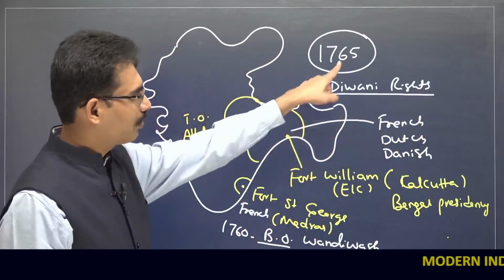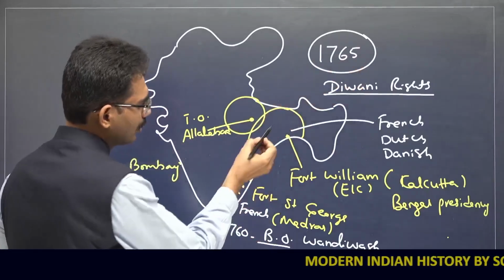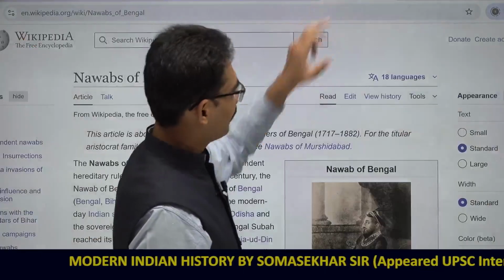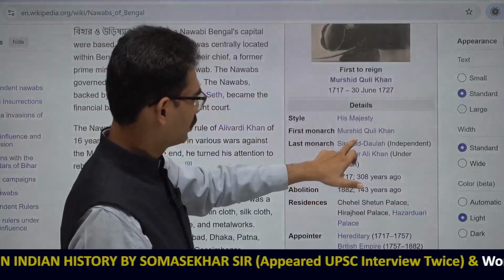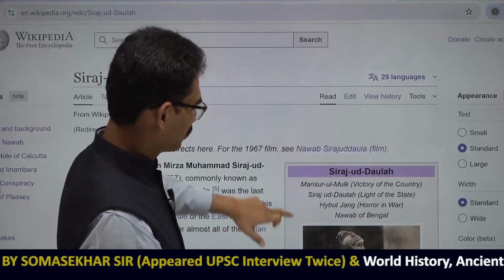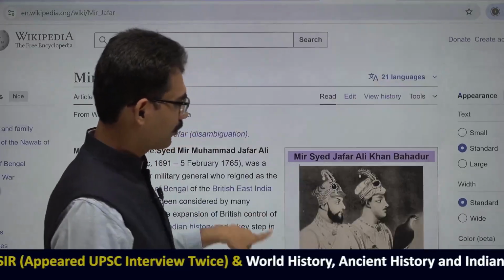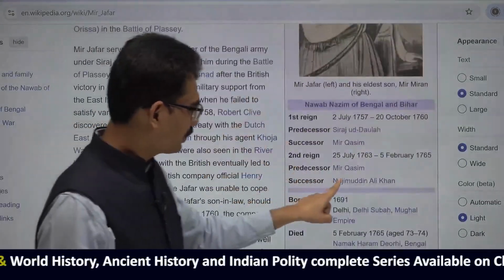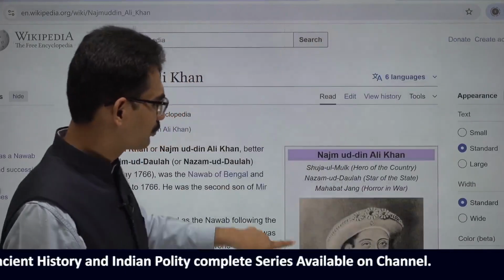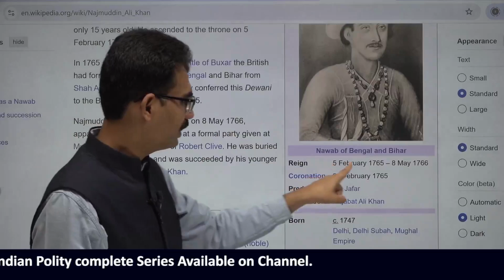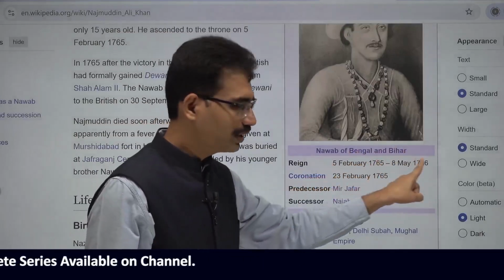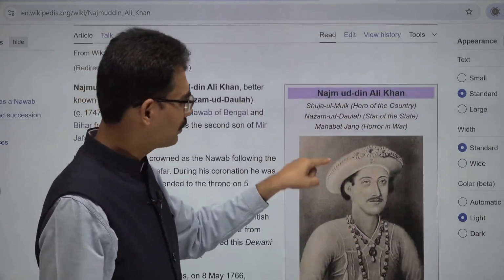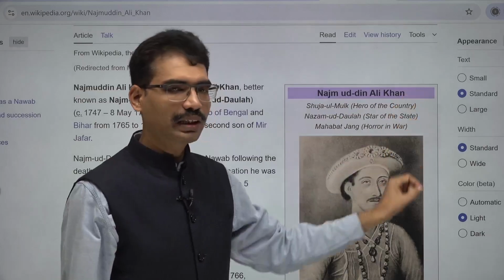Civil justice. Now we are in 1765. With respect to Mir Jafar, Mir Jafar got Nizamat functions. But after him, Nazim became the next Nawab. Identify this: Nawab of Bengal and Bihar, 65 to 66. After the death of his father, Mir Jafar, his son Nazimuddin Ali Khan became the